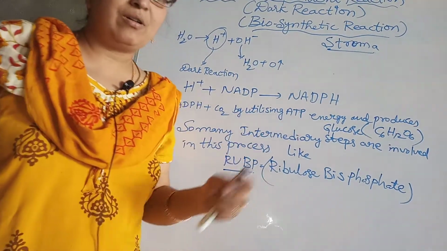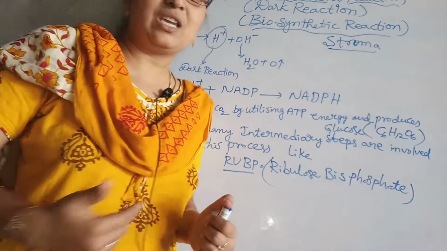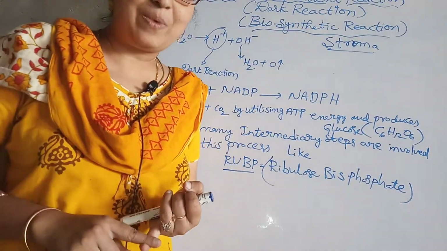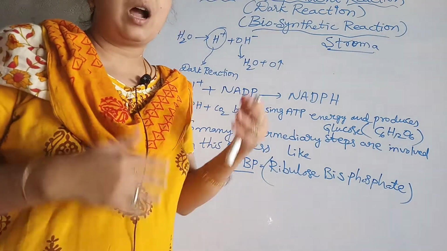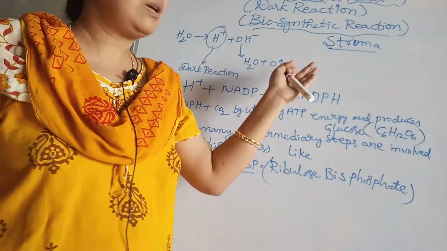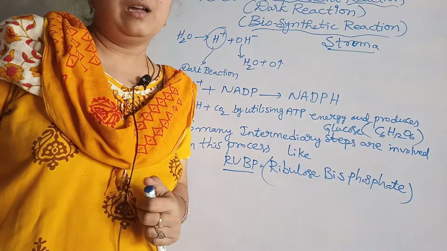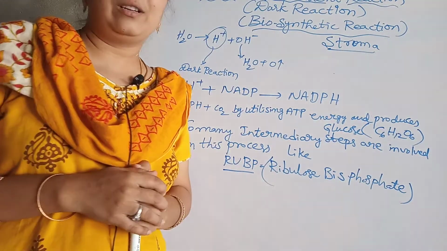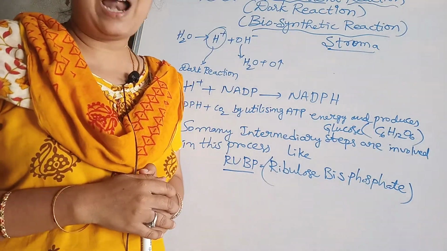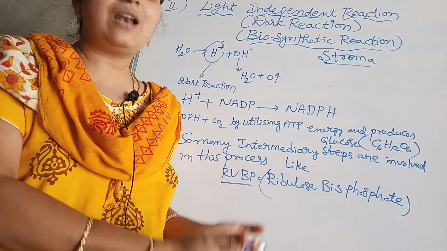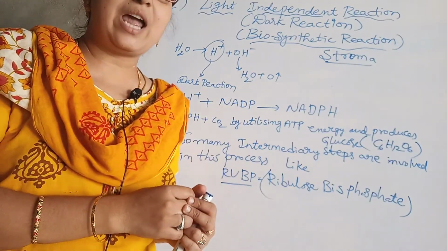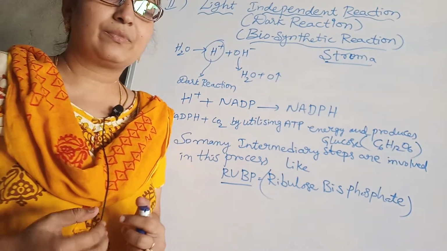Okay, so in this mechanism I think you came to know about the structure of the chloroplast, what parts are involved in it, mainly grana and stroma, and what the mechanism of photosynthesis is, right? So you can conclude now that plants are autotrophs because they prepare their own food material by utilizing carbon dioxide and water.